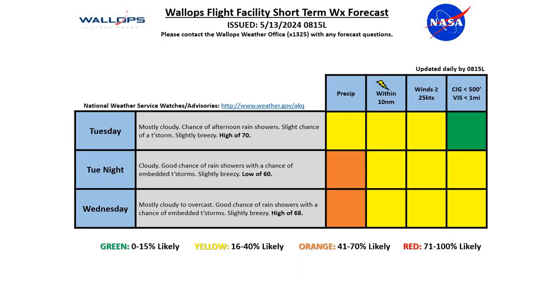If we take a look at the next couple days, we'll see Tuesday, mostly cloudy conditions to overcast at times. We'll see the chance of afternoon rain showers moving through. Slight chance of a thunderstorm with that activity, but not looking very high at this time, but enough to give us a yellow risk for that lightning threat as well as a yellow risk for that precip threat. We'll also see some slightly breezy conditions through today, so looking at a yellow risk for those winds at or above 25 knots with a chance of that wind advisory, but pretty mild temperatures with a high around 70 degrees